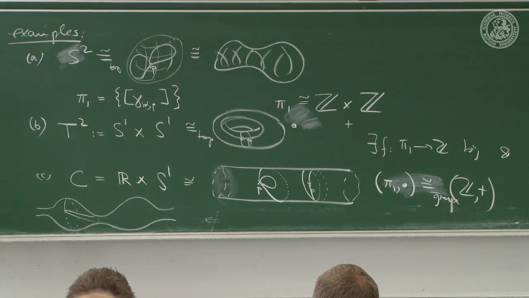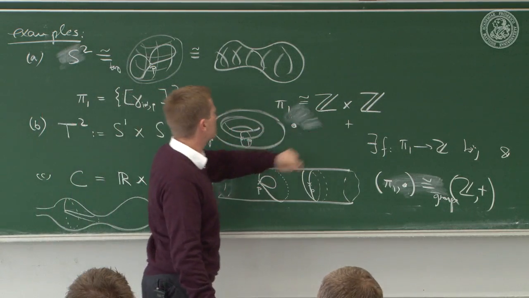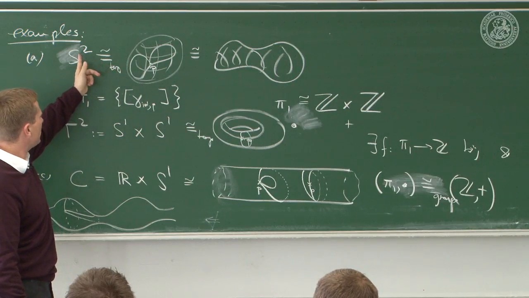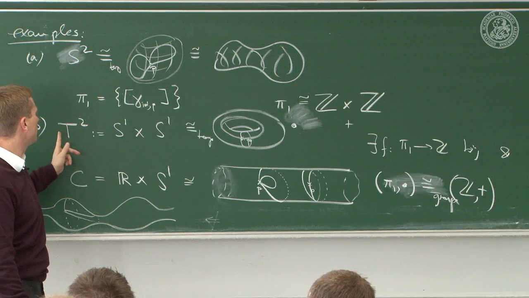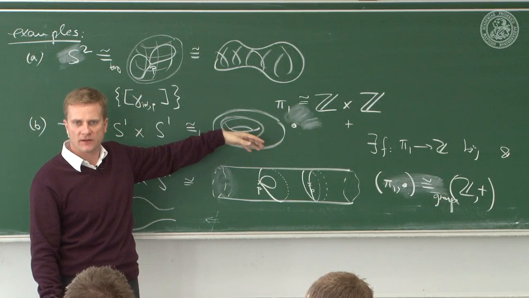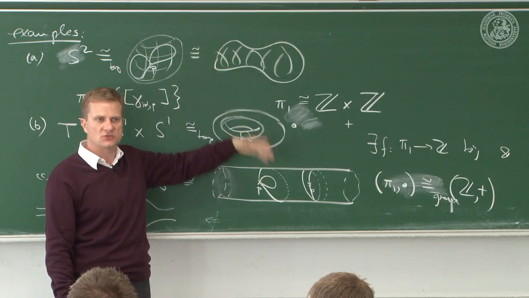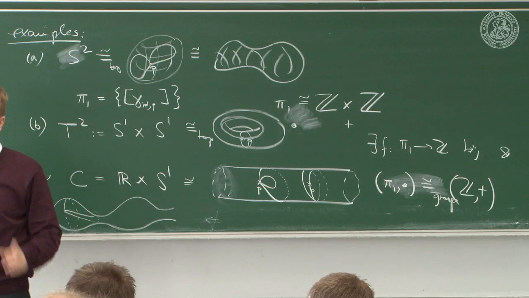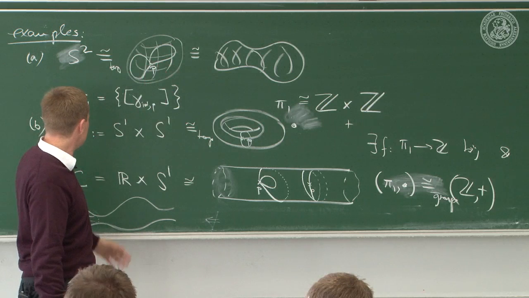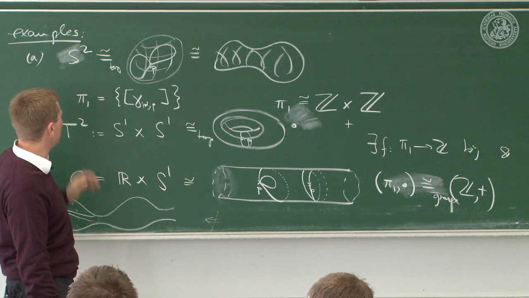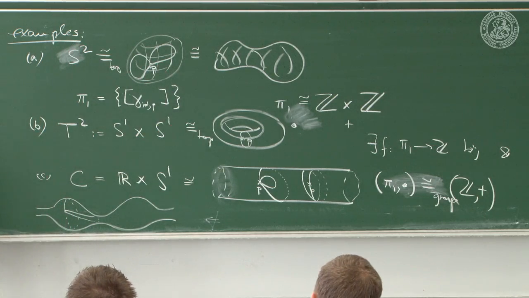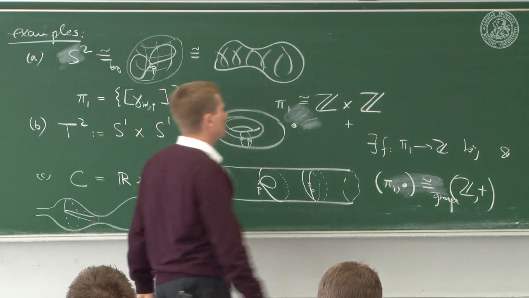And so immediately you see this group is a different group from that group. So the two-sphere has a different fundamental group than the torus does. So they can never be homeomorphic because the groups are constructed from the topology alone. From the topology alone. Okay? They cannot be homeomorphic. Neither can the cylinder be homeomorphic to the torus or the cylinder to the sphere and so on. But again,